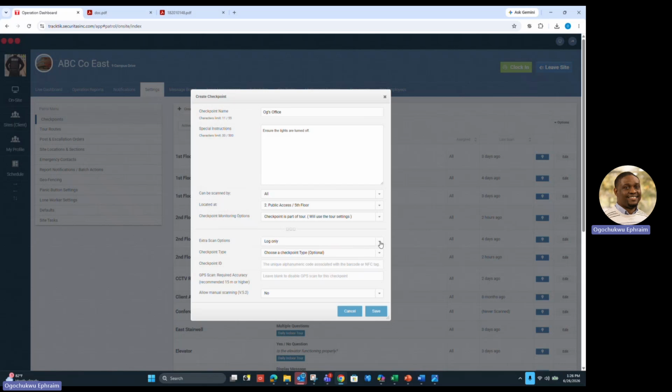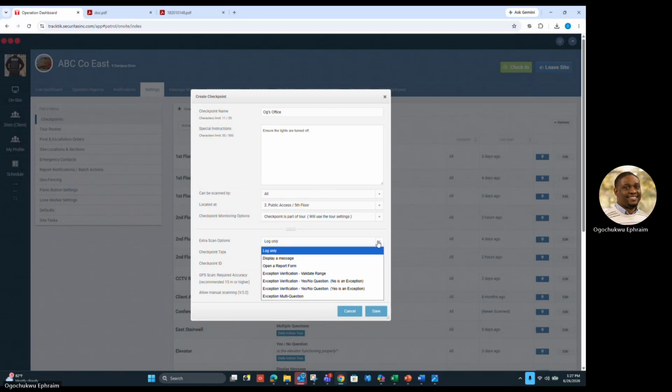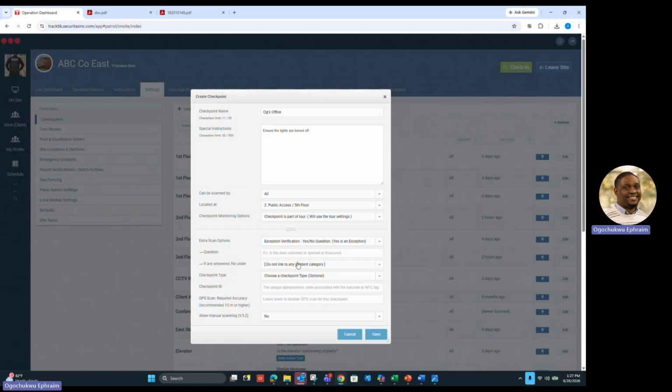So in this instance, I want the lights to always be off. So I'm going to select the question here. I'm going to say exception questions. I'm going to make this an exception checkpoint. So I want the light to always be turned off. And then I said, okay, if I want to select yes as an exception, then the question here would be,